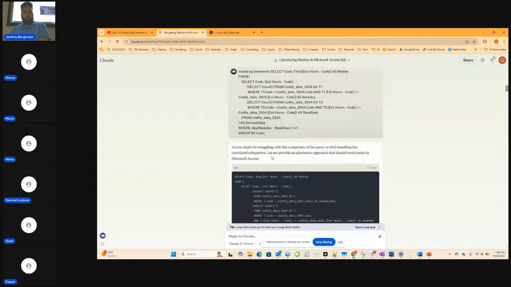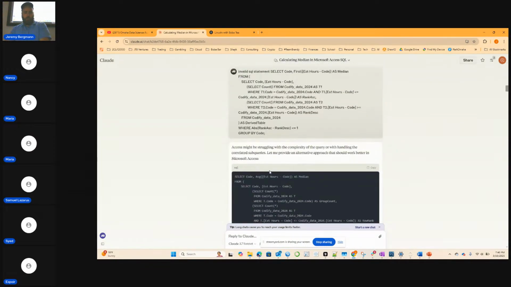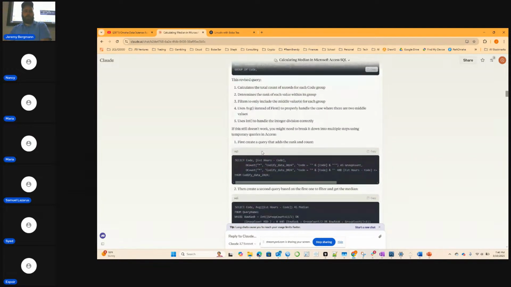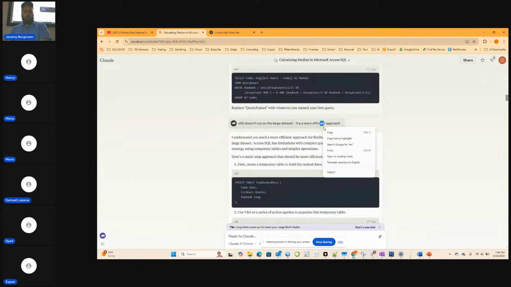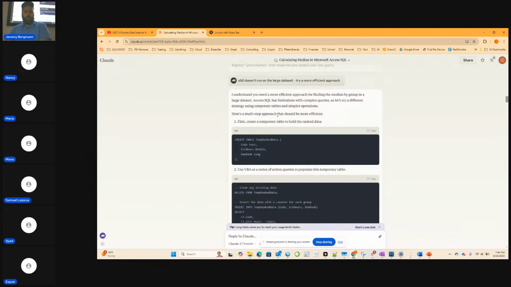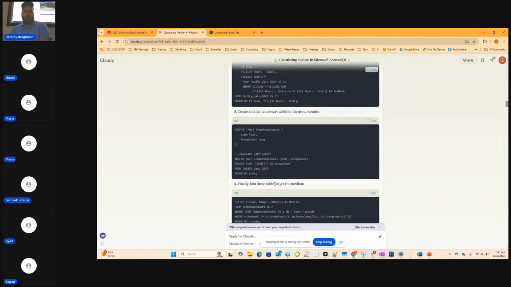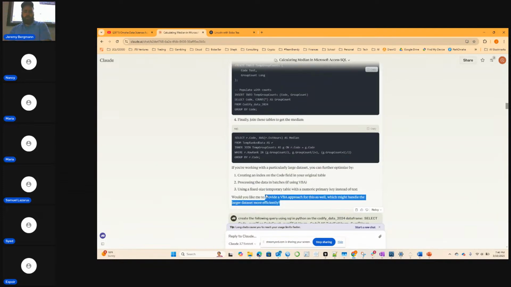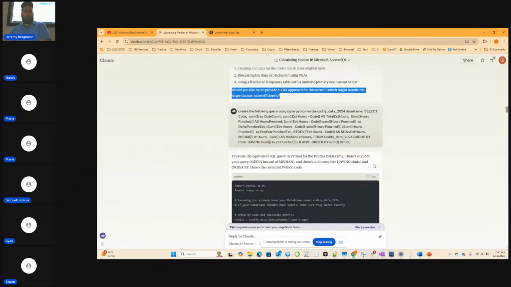I ran it again, and I'm like, this code is too slow. And then it provides an alternative approach. I tried to do that. Then it wanted me to create some temporary tables in Visual Basic, and then I'm just like, there's no way that guy's gonna be able to maintain that.